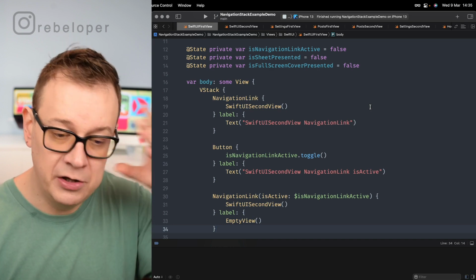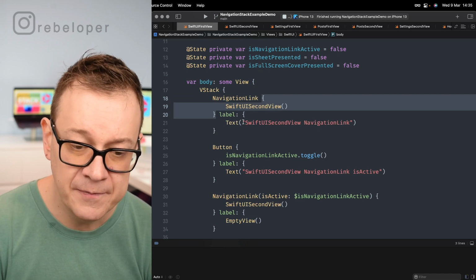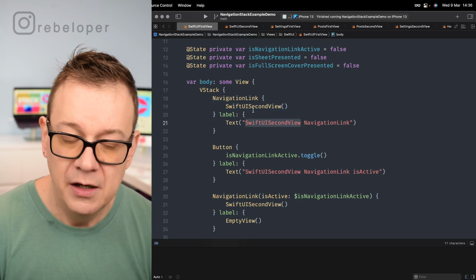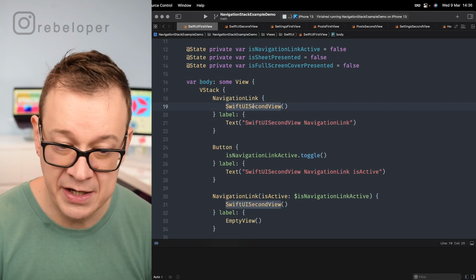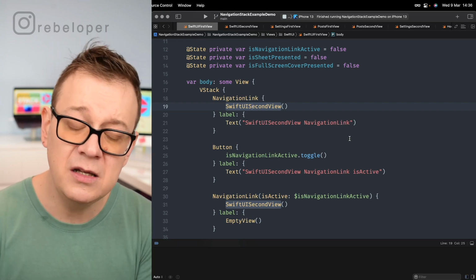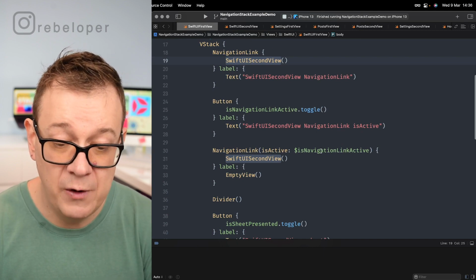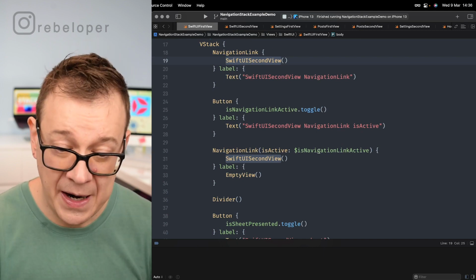It's counterintuitive, it's really hard to work with. So first of all, we have this navigation link with a label, and then it just has a destination of SwiftUI second view. This is the easiest way to create a navigation link. Now, the other way around, if we are creating this navigation link with an isActive binding, as you can see,